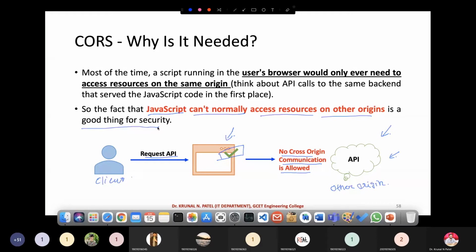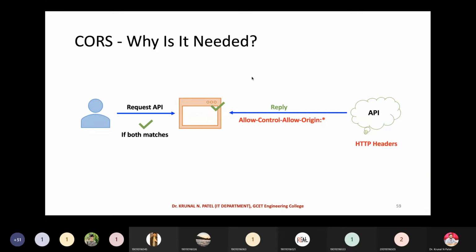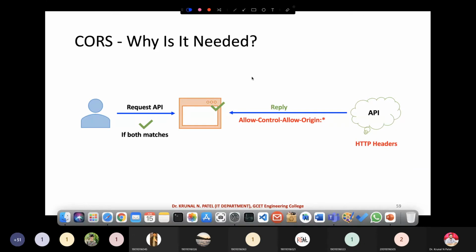Now, this is the particular scenario. If I want to access this API, then what do I need to do? Here you can see in this figure, now CORS is applied, right? So how is CORS applied? CORS is applied with the help of HTTP headers.